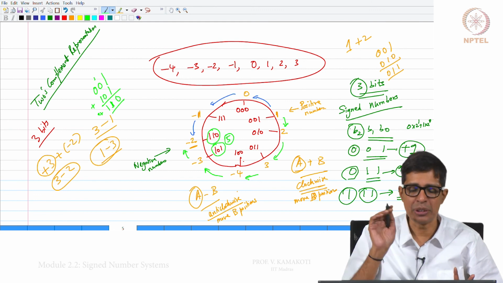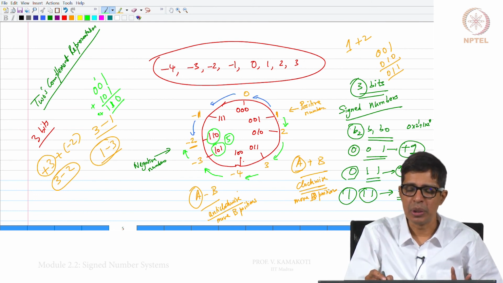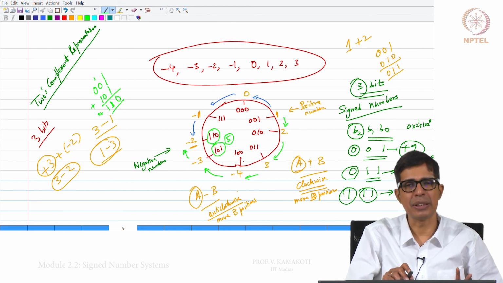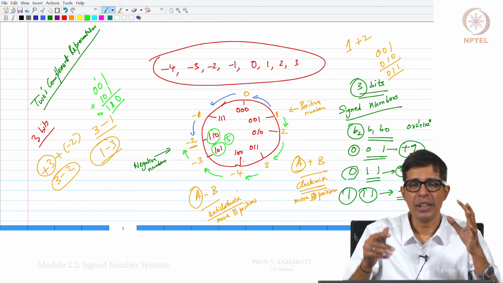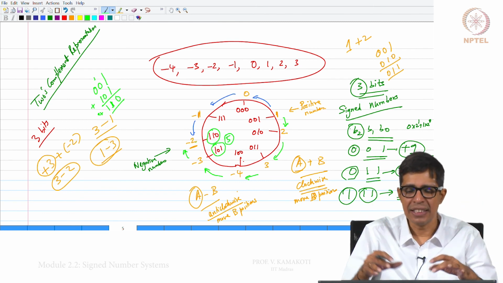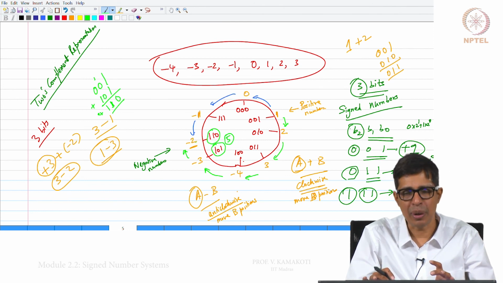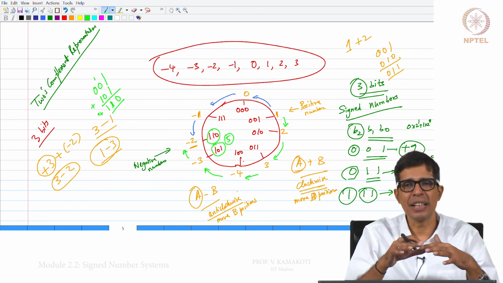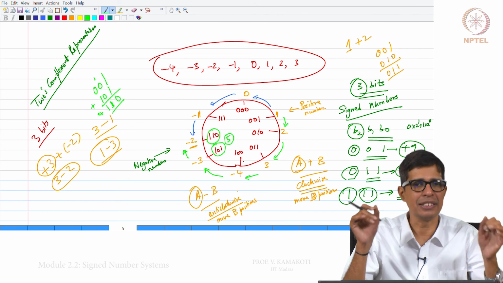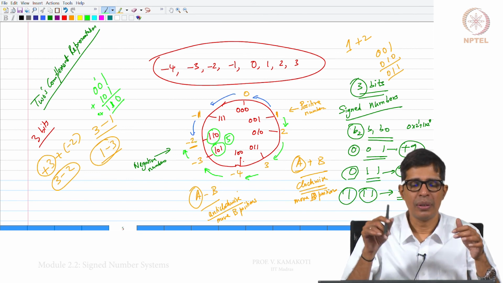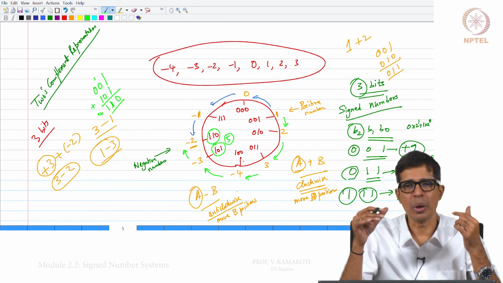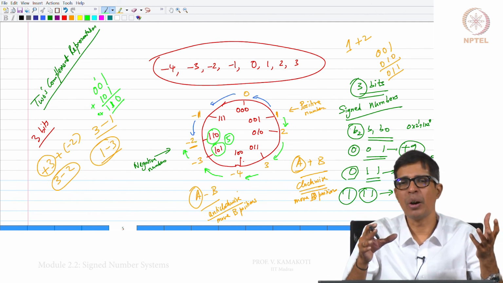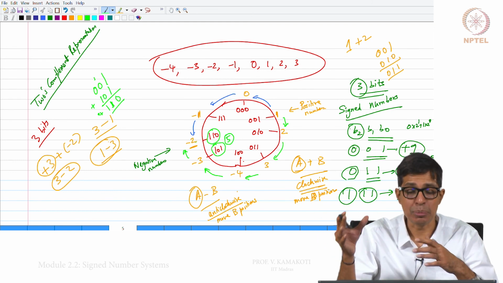So, that demonstration we have done here. If I want to subtract 3 from 1, I add 5 to 1 to basically get 110, and the representation for that is minus 2. So, if I store the integers in this format, what we call the 2's complement format, then you need not have a separate subtractor, everything can basically land up as addition, right. So, this is a very quick introduction to 2's complement arithmetic. We will see how we can generate these 2's complement numbers in the next module.